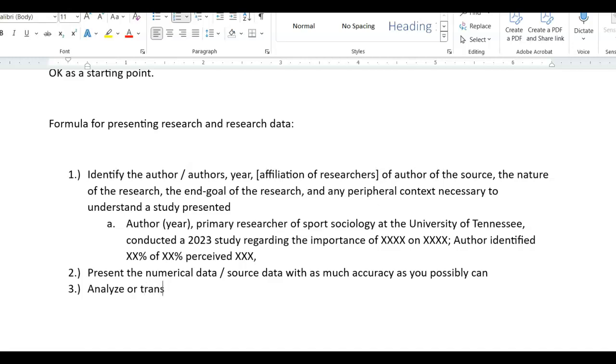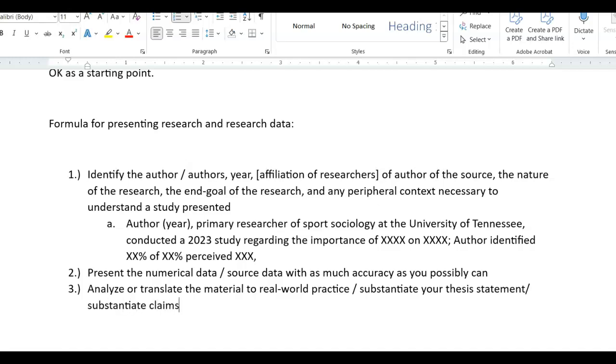Analyze or translate the material to real world practice. Substantiate your thesis statement. I really need new glasses. You'll have to forgive me. Analyze or translate the material to real world practice, substantiate your thesis statement, substantiate claims being made. And so this is where you would take all of this and what is the ultimate buy-in? Why should practitioners in the field